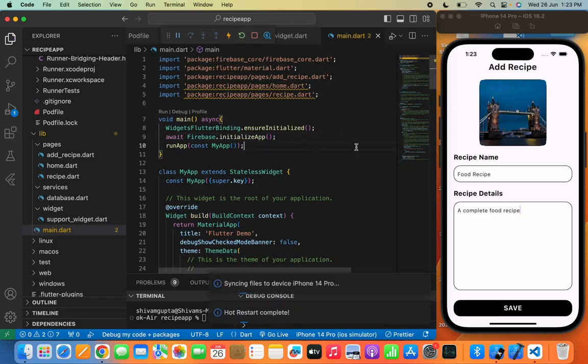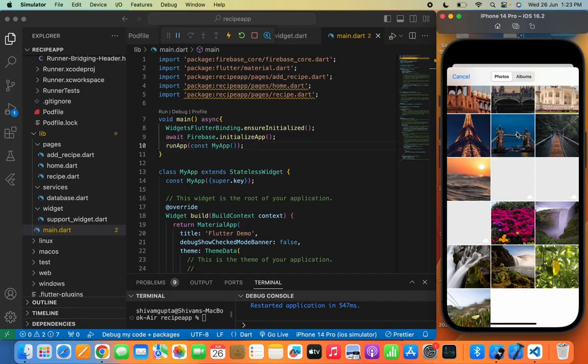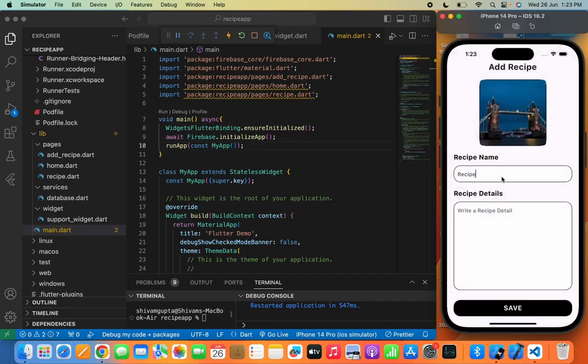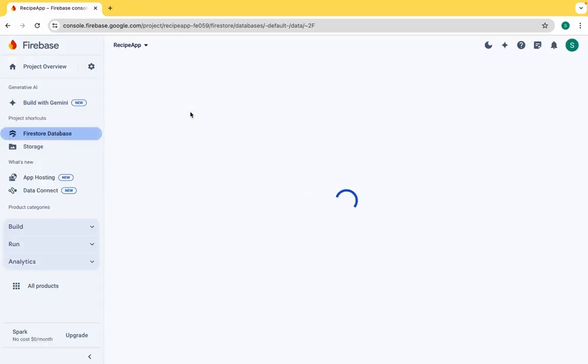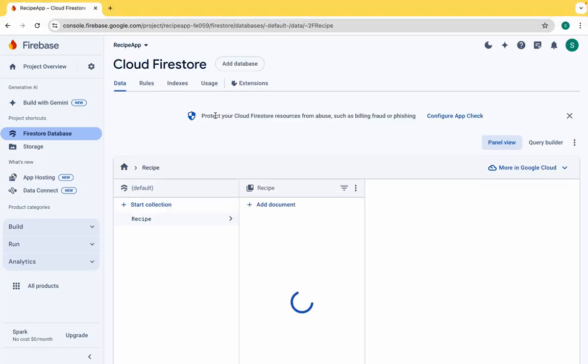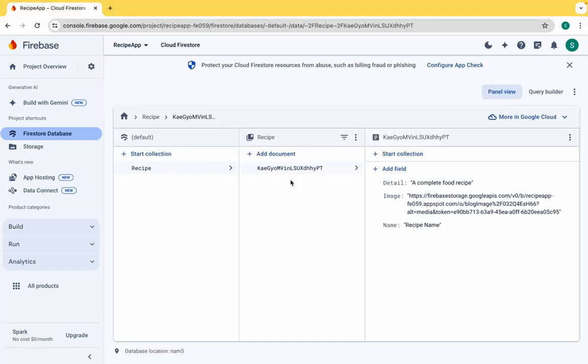Now let's hot restart the app again, and I will again select the image. I will just write recipe name and recipe detail. So I will write a complete food recipe, and click this save button again. So here you can see that data has been uploaded successfully to the Firestore. Now let's check, and we'll simply refresh this page. And here you can see the recipe collection with our document ID and the detail that we have just uploaded